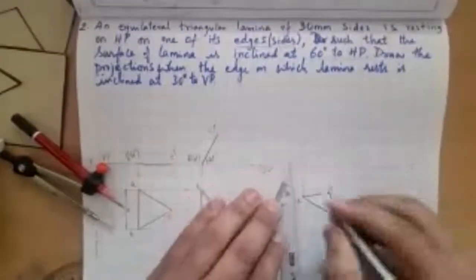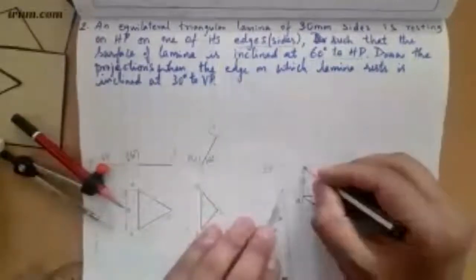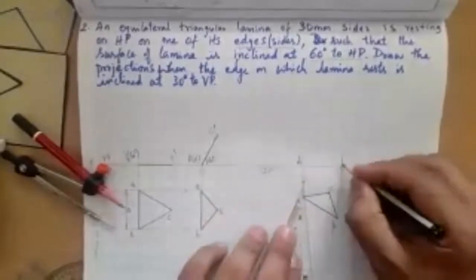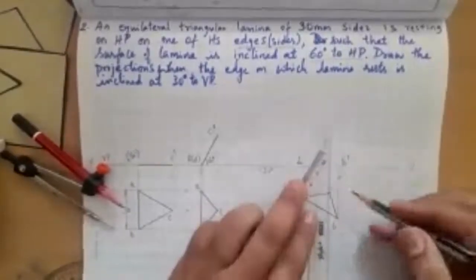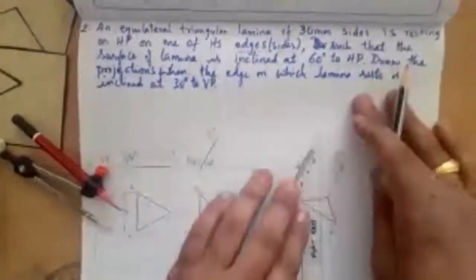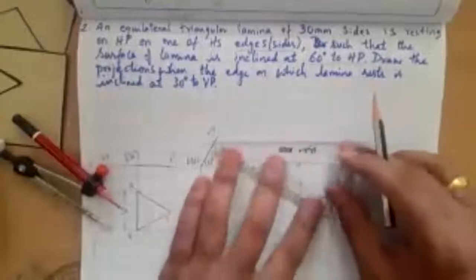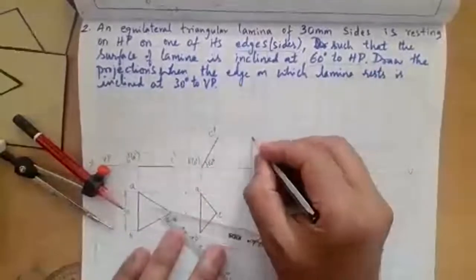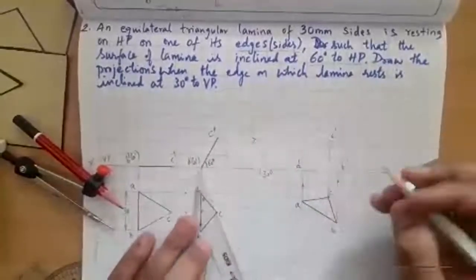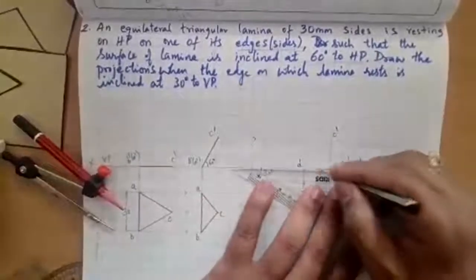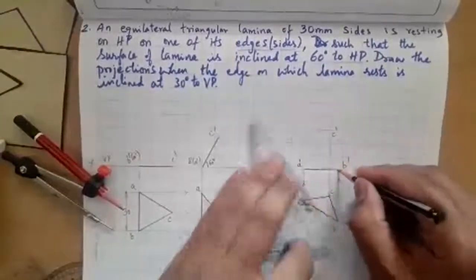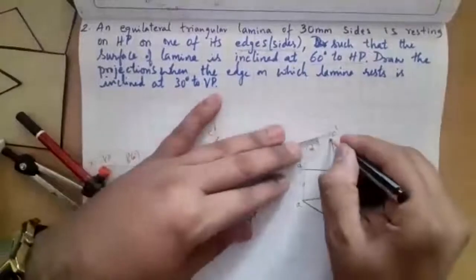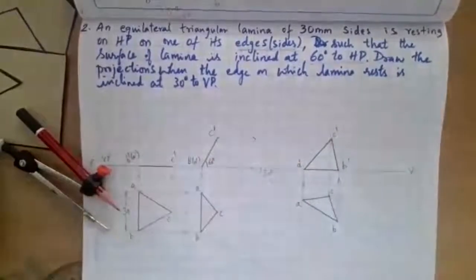First you draw this. From A, I'm going to draw a line till it meets A dash projector like this. From B, draw a line till it meets B dash projector. Next, from C, draw a line till it meets C dash projector. Draw a thin line. These projectors are very, very thin. So to identify C dash. So A dash, B dash is dark. Then make all these dark lines. BC is dark. And CA is dark. These three lines are dark.